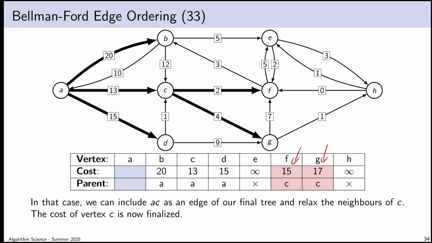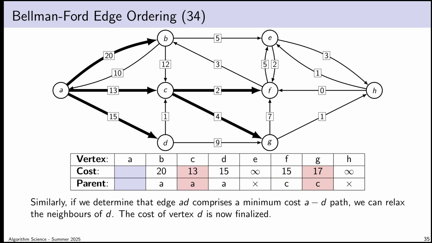I could say, well, I still don't know that vertex B is at its minimum cost, because for all I know, there's a path from vertex F to vertex B, where it costs 15 to get to F and maybe 1 or 2 more to get to B. So vertex B is not yet ready to process. Maybe there's a lower cost way to get to vertex B. On the other hand, by my logic, it does seem as if there is no lower cost way to get to vertex D, or a lower cost way to get to vertex F, because every other vertex I could travel through would have total cost greater than the current cost of a path that I know to vertex D or vertex F.